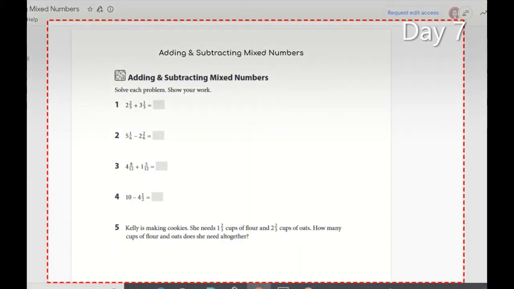All right. With adding and subtracting mixed numbers, one good thing is that they all have common denominators, so that will be very helpful for you. Here's an example of how you would add with common denominators, and you'll see just about all of these, if not all, are regrouping. So if I had 1 and 3/4 plus 1 and 2/4,